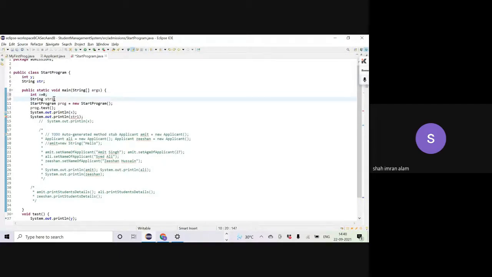Here I must say either null, or I can use new String, and within the constructor I can pass the string value. In both cases, the compilation error goes, right? So we must provide an initial value to the method local variables, right?